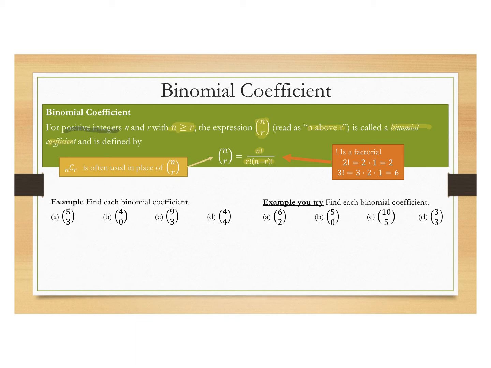Recall that the exclamation point is a factorial. For example, 3 factorial is 3 times 2 times 1. And nCr is often used in place of n over r. So if we look at our first type of problem here,